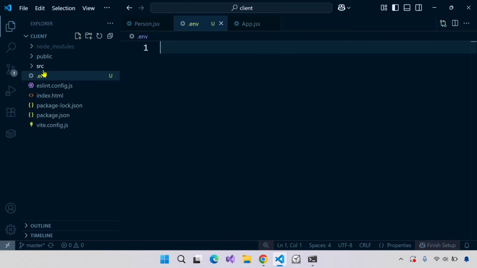Make sure your file is in the root directory, meaning inside this client folder, not inside this src folder. The env file contains our secrets, or base URLs or some configuration. You can have multiple env files, like one for production, one for development, and make sure you put this env file in gitignore, because if your repository is public you don't want to expose this env file, which might contain some